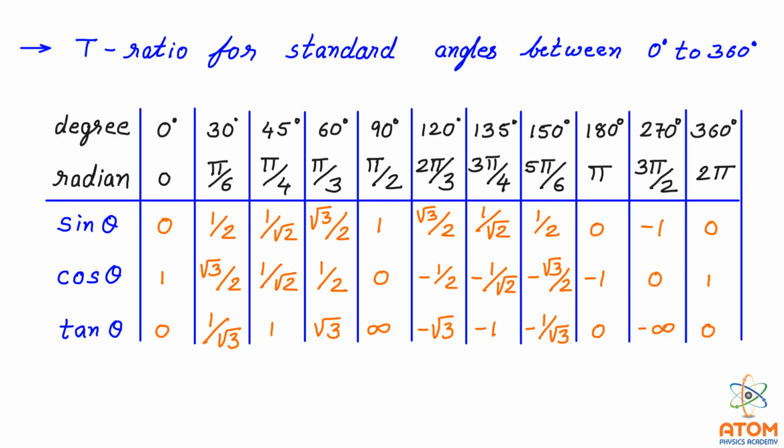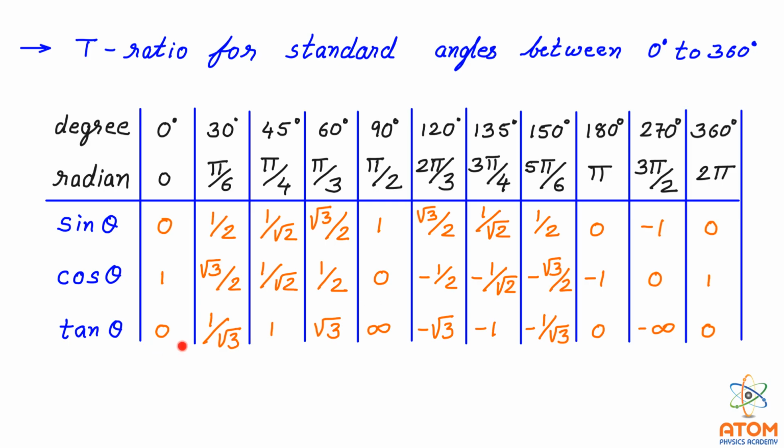Now let us see the values of sin theta, cos theta and tan theta for all of these angles. Out of all of these angles, you already know these values. sin 0 is 0, sin 30 is 1 by 2, sin 45 is 1 by root 2, sin 60 is root 3 by 2 and sin 90 is 1. In the cos function, you have to put the inverse order of these values. Means cos 0 is 1, cos 30 is root 3 by 2, cos 45 is 1 by root 2, cos 60 is 1 by 2, cos 90 is 0.